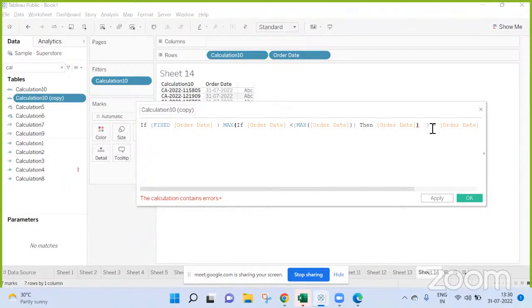Here we need to show it dynamically. I should use angle. If max order date, then order date. So I'm running this in here.